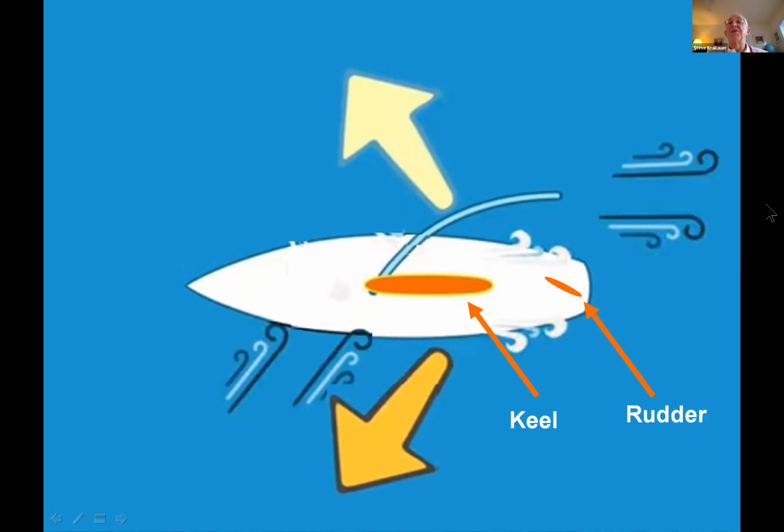The second is to resist the direct wind push that would cause the boat to go significantly to leeward. So in addition to just preventing the tip, I hope you can see my hand. What's happening underwater? Okay, so there's the boat. Here's the keel. The boat wants to go this way, but with the keel, the water is actually pushing back on the keel. So it's preventing the boat from moving as much in that light yellow top arrow,